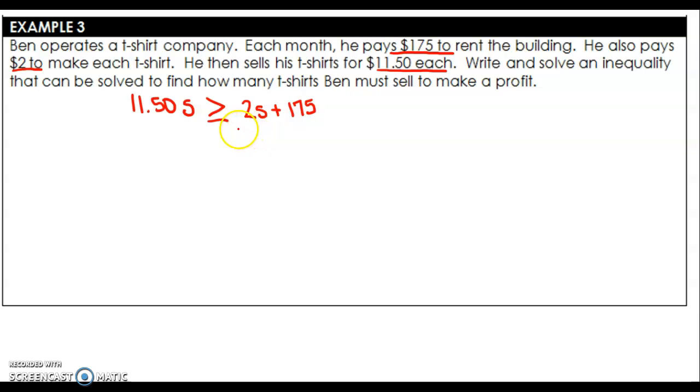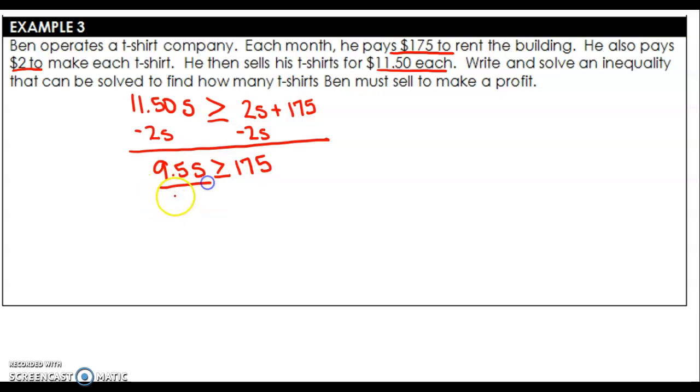Okay, so now I have to solve this, and we're going to solve it just like we solve any other inequality. We're going to get the s's on one side, so I'm going to subtract 2s. So 9.5s has to be greater than or equal to 175, and then I'm going to divide by 9.5. Okay, so I'm going to take my calculator. 175 divided by 9.5. So S has to be greater than or equal to